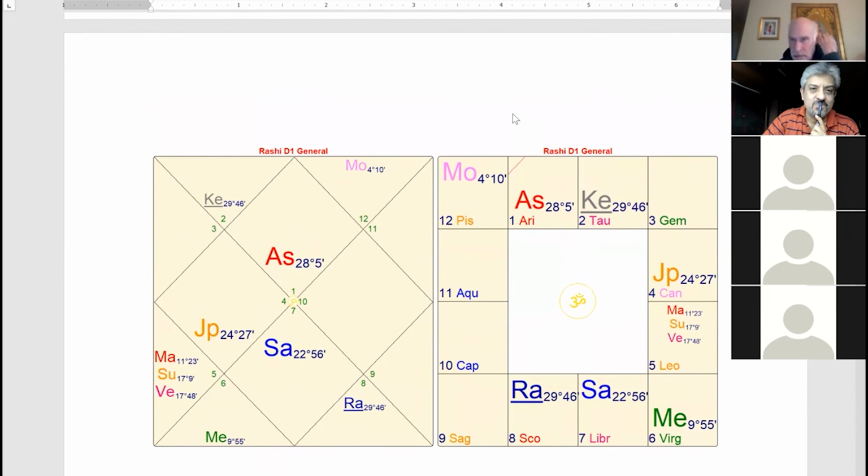So, again, these kind of results in Mercury could have been predicted, and they're very good results of Mercury in terms of educational achievement, professional attainment, professional success, marriage, childbirth, all these things happened in the Mercury major period and could have been predicted without the concept of Pushkar Navamsha. But I think the fact that this planet is in Pushkar Navamsha is an additional enhancement, especially in terms of its ability to give its results strongly, which it certainly did.